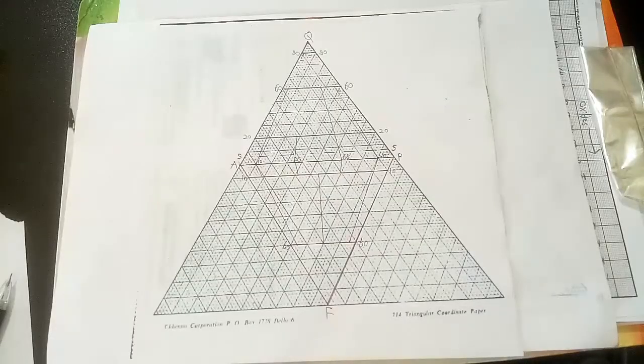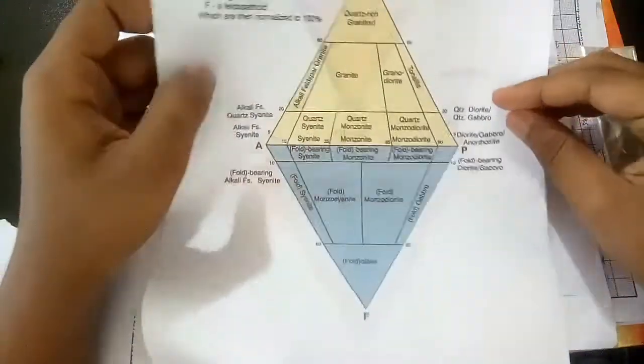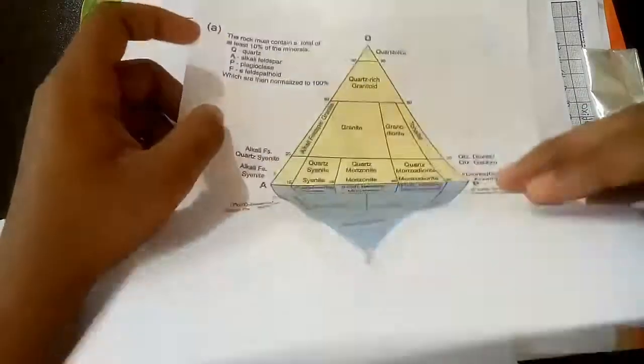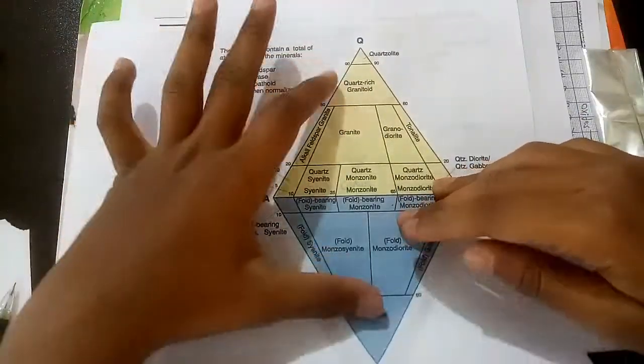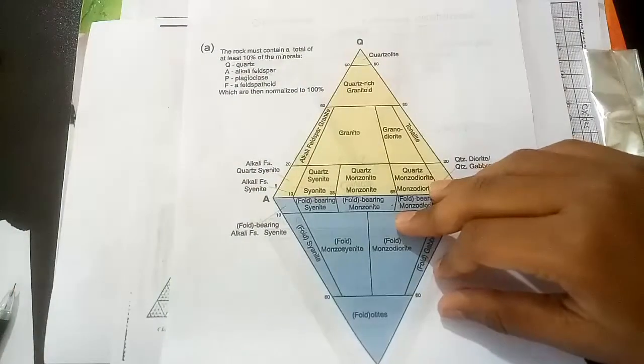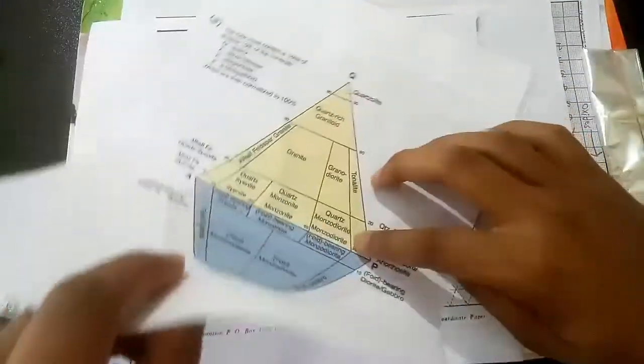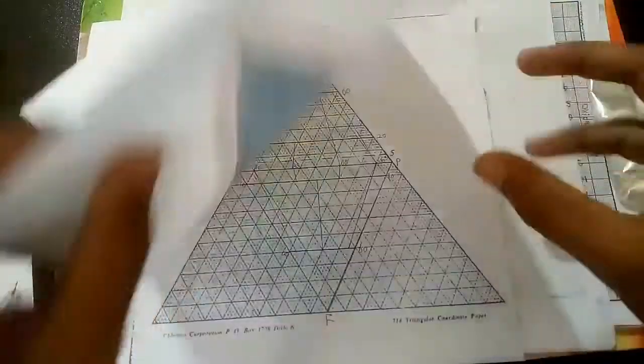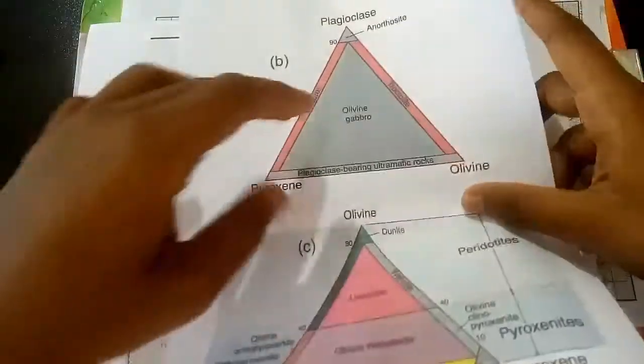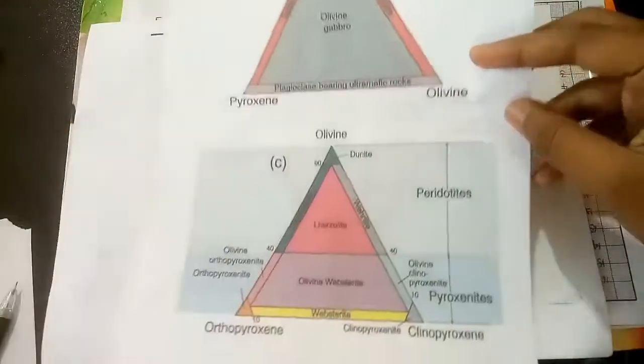So let's start. Friends, last time I told you how to draw this graph. This is one of the IUGS classification diagrams, and there are so many. I will be taking only 3 diagrams. In this part, I will be taking only this diagram. In the upcoming parts, I will tell you 2 more diagrams, these two. So first today I will be telling you how the problem comes in practical work.